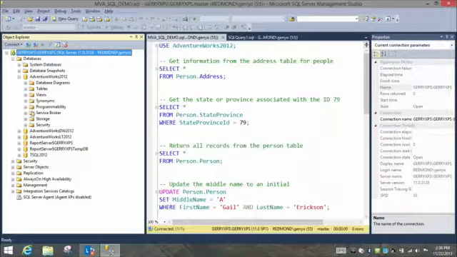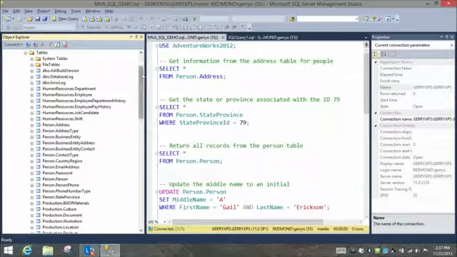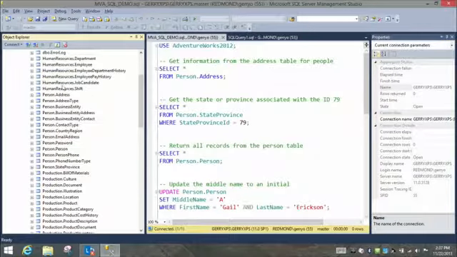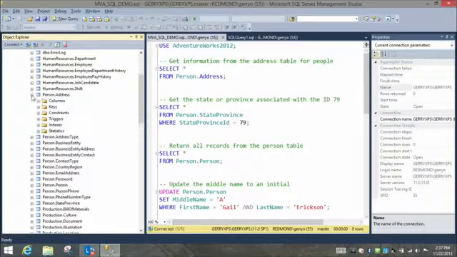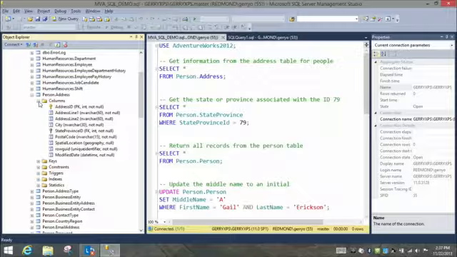Over here on the left-hand side is what we call the Object Explorer, and this shows us the databases that we have connected to the system. And AdventureWorks 2012 is just one that you can get off of Codeplex. If you go search for AdventureWorks or SQL Server sample databases, that's exactly what this database is. We talked about creating tables in a database, and this is an example of the tables that we would see in a database itself. They have very specific names: HumanResources, JobCandidate, Person.Address. So this is an example of what we talked about a little bit earlier, storing the address for a specific person. And if we expand that and take a look at the columns that make up that table,